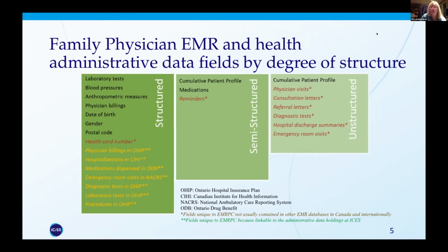So anyways, like I was saying, the EMR data that exists consists of very structured data like blood pressures and weights and heights, all the way to unstructured data, which is words. And there's a vast amount of information in EMR data that's in word format. Previously, we had done a study where we looked at wait times linking EMR data to health administrative data, and we had to hire an abstractor to go in and codify the referral notes, because they were all words with no destination for the